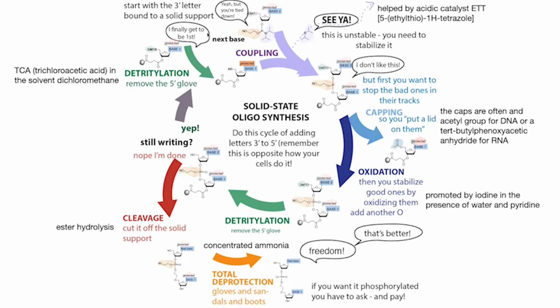So basically, you take your first base, you attach it to a bead. It has its 5' OH protected, so you need to deprotect that with this detritylation step. You now add in your next letter through this coupling step. Those are going to get joined together, but they're going to get joined together in this kind of weird bond. And this is going to then need to be stabilized through an oxidation step. But before you do that, you're going to basically cap the ones that didn't react so that they don't react